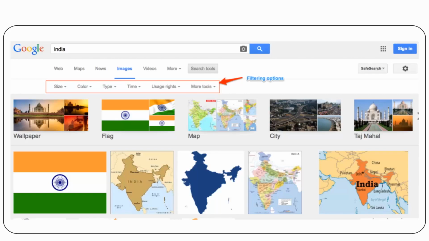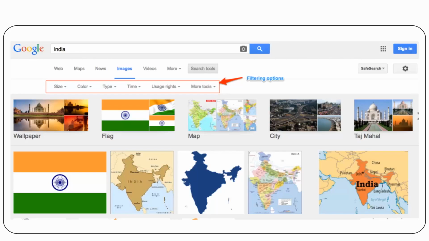You can see there are filtering options like size, color, type, time, usage rights, and other tools. So the user can sort the available results on the basis of the size of the image, the color, the type of image, the time when the image was taken,